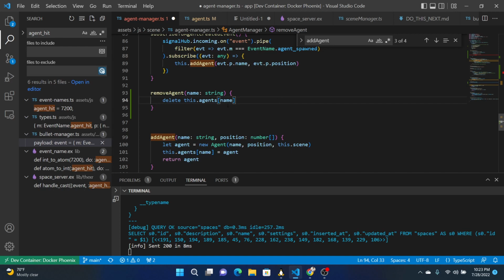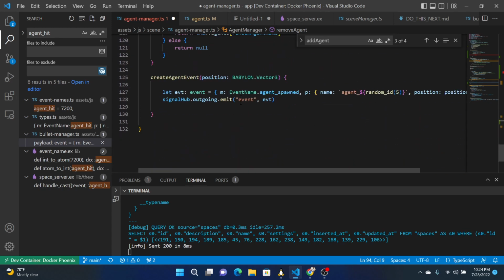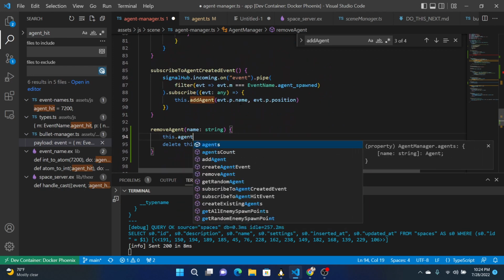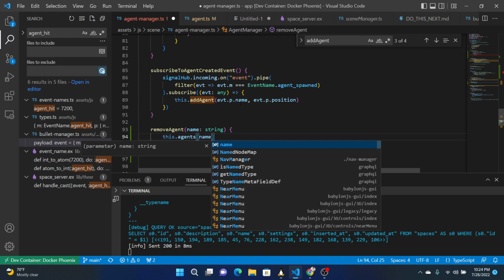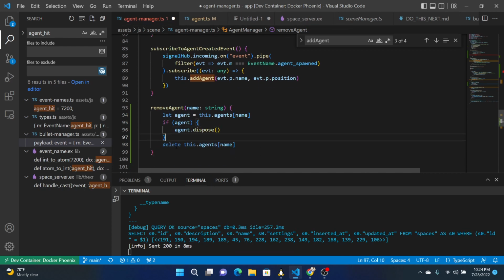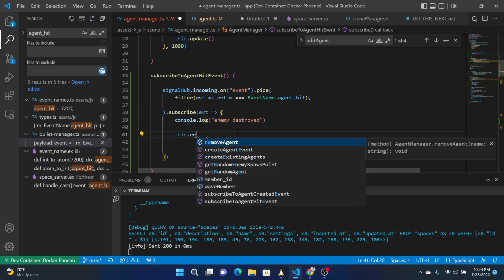So this created a new agent. Let's say, is there a get agent? Get random agent, create agent event. Well, you just this agent's name. Let agent is that, okay? So if the agent is there, then agent dot dispose and remove it from there. Remove agent is what you do, and then up here we'll just say this remove agent